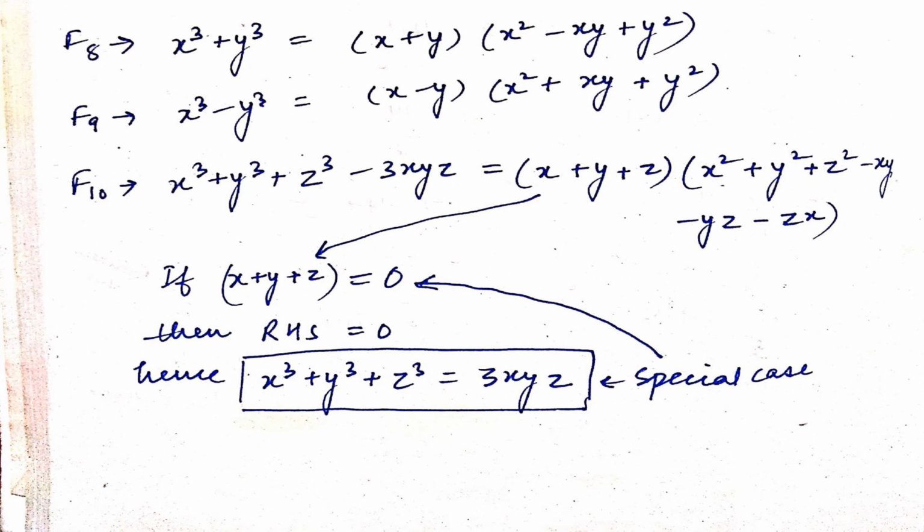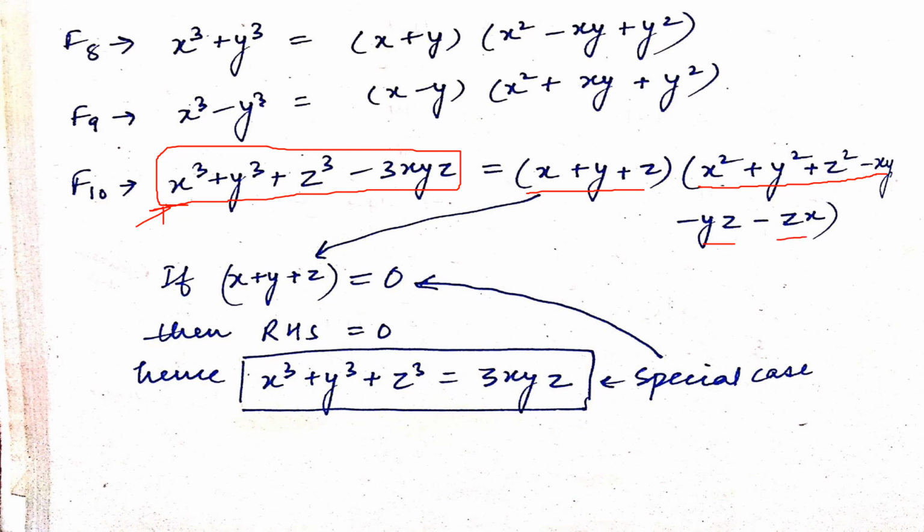Now comes the new formula for today. This is one of the most important formulas. It is also a very easy formula. The formula is x cube plus y cube plus z cube minus 3xyz. Again, if you understand, is this factorized form or expanded form? It is the expanded form because we have plus sign coming in between the terms. Now, the factor form of this expanded form is given by (x+y+z) bracket close, next bracket x square plus y square plus z square minus xy minus yz minus zx.